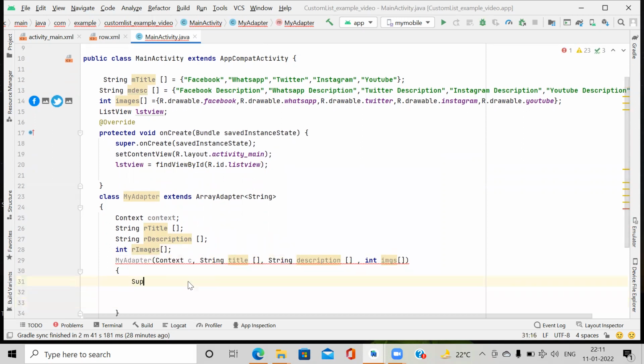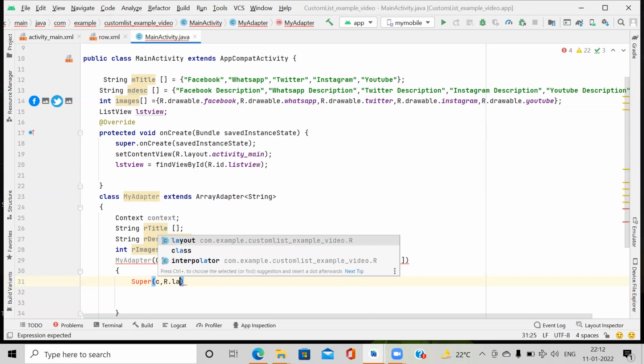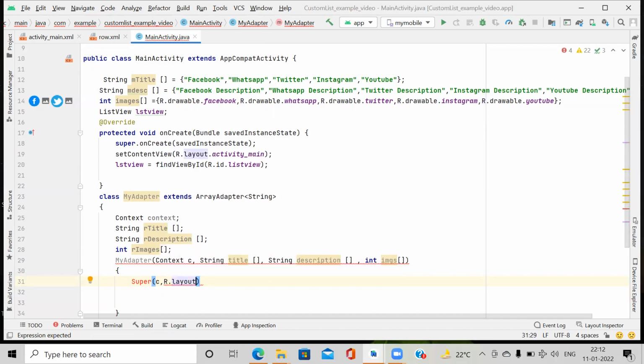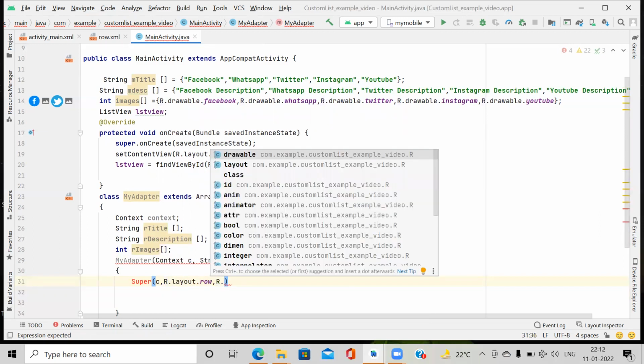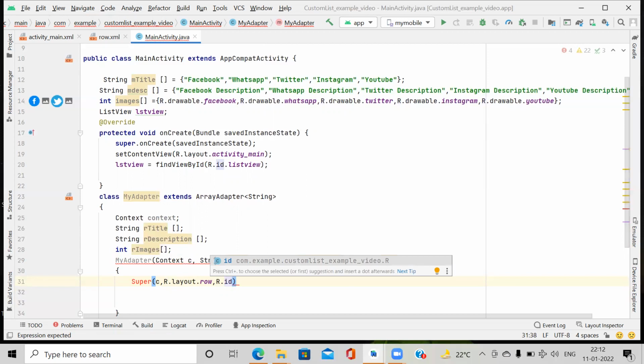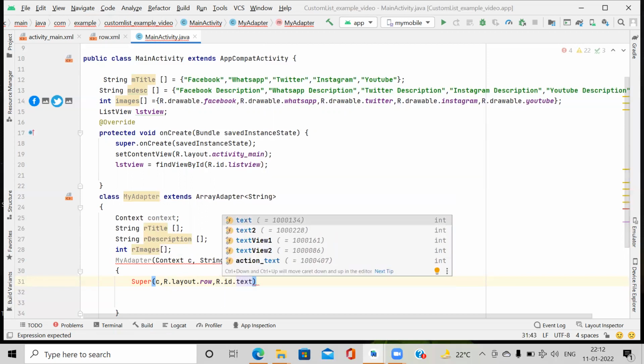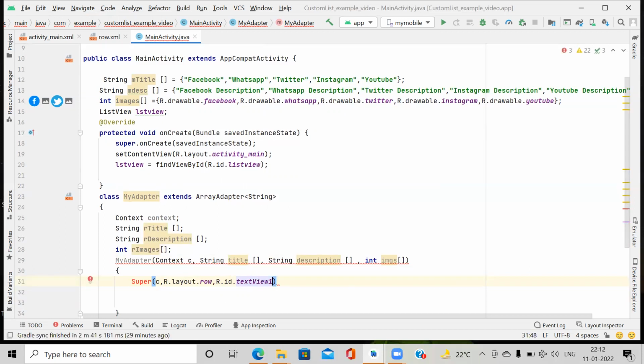And as we know, the constructor comes along with the super method. So in super, we pass the C, then R.layout. the page from which we want to show its content, that is row, one parameter, R.id.textView1, and title.